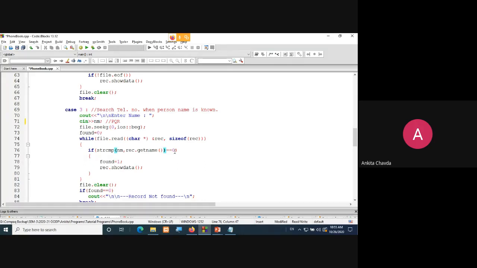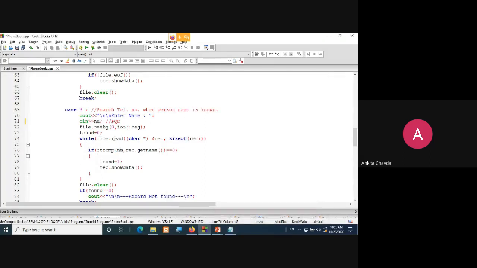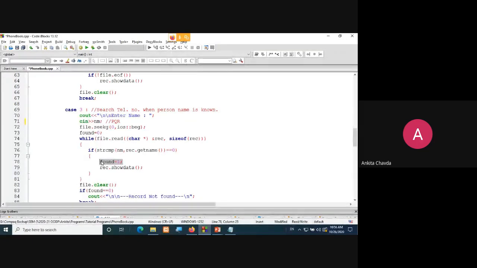No, because my record says ABC and the user has entered PQR, they are not matching. So it will not go over here, and again this loop will execute and read another record. Now the next record is PQR. Again we check whether what the user entered, PQR, matches this or not. It is matched, so it will simply do found equals 1, means we got the record.